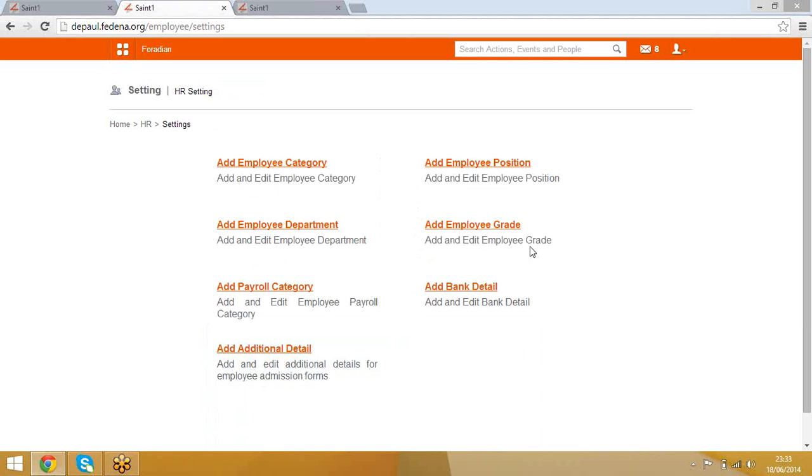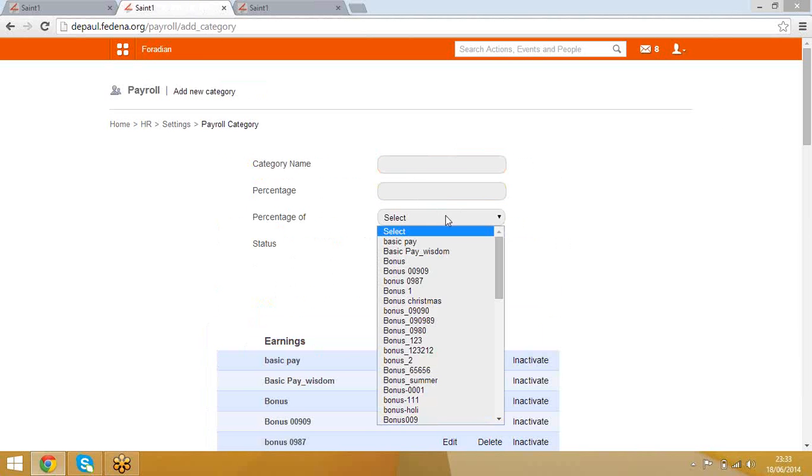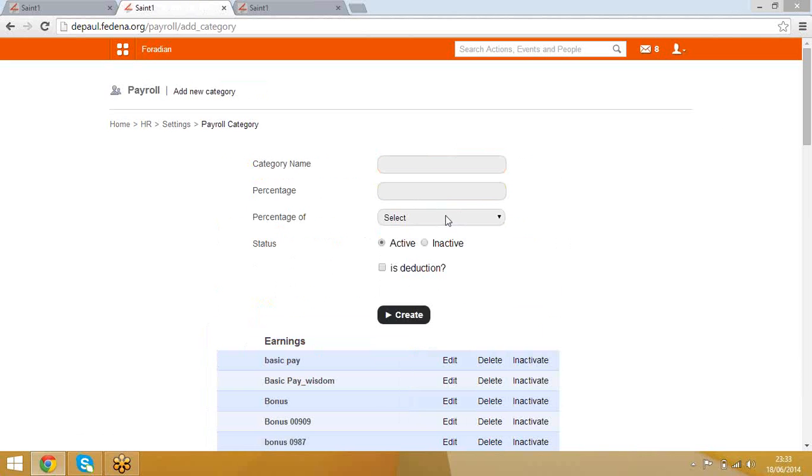So that is all about how these settings can be created. If you would like to add a payroll category, you can go to this add payroll category link from here, type the name of the category, hit the percentage, and then on clicking the percentage off button you'll be able to create a payroll category related to